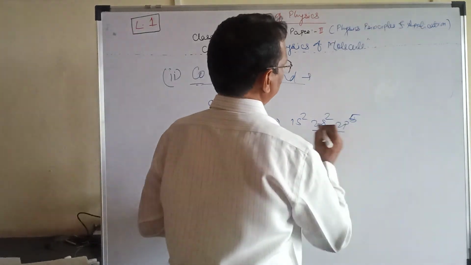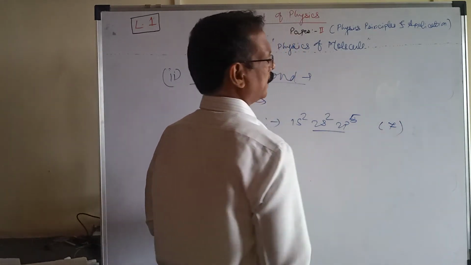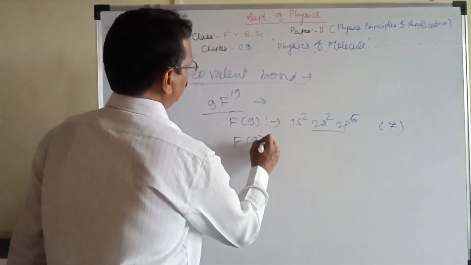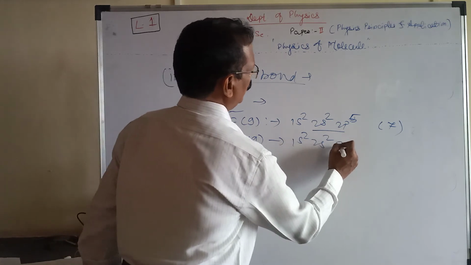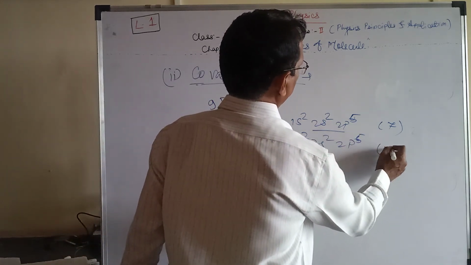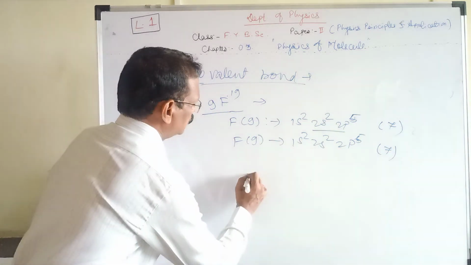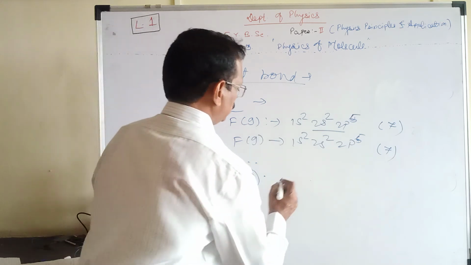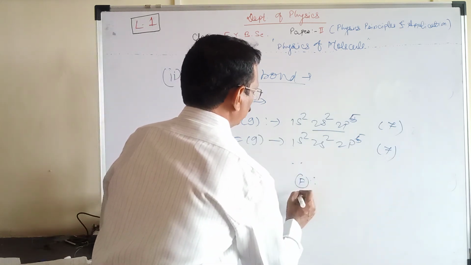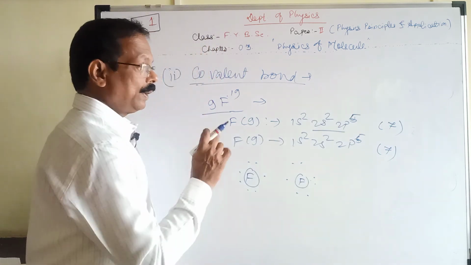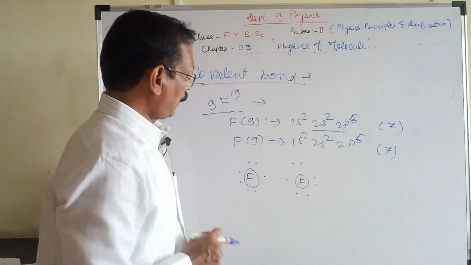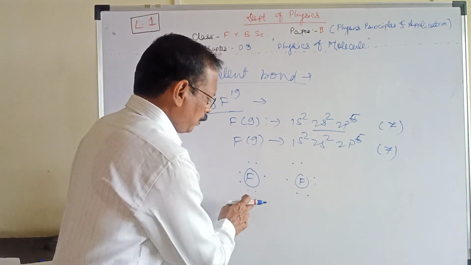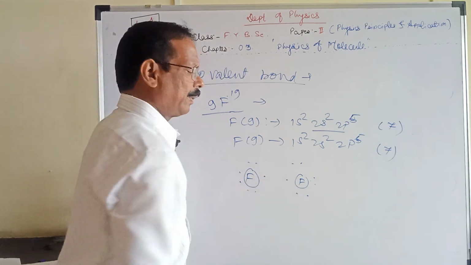So in this case, what happens? There are 7 electrons in the outermost orbit. Now we can consider another fluorine 9. So 1s2, 2s2 and 2p5. So there are also 7 electrons. So we can draw this fluorine, 1, 2, 3, 4, 5, 6 and 7. Fluorine here, 1, 2, 3, 4, 5, 6 and 7. So fluorine requires 1 electron. Now we consider this fluorine atom and this fluorine element. This fluorine requires 1 electron, and this fluorine requires 1 electron.